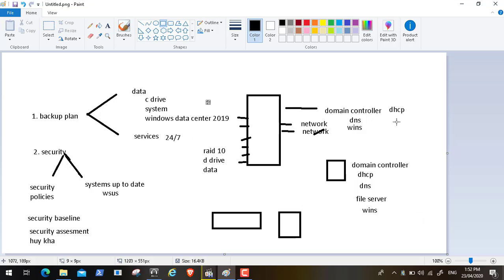So here we have 2 DHCPs and we have 2 DNS, because it's the second domain controller. We will install a second DHCP to be a failover. The first domain controller acts as a DNS, and also the second domain controller acts as a DNS. It will be a copy of this DNS, and then we will have a file server on it. The file server will contain all our user shares, and we will make a backup plan